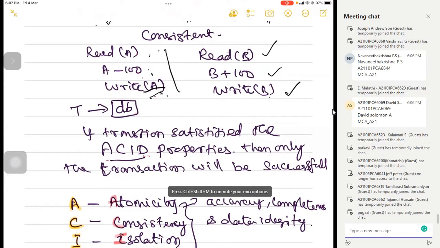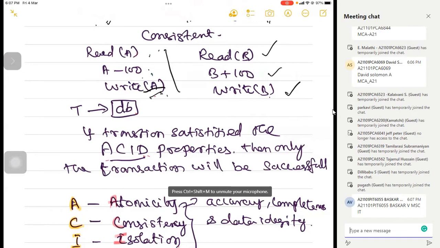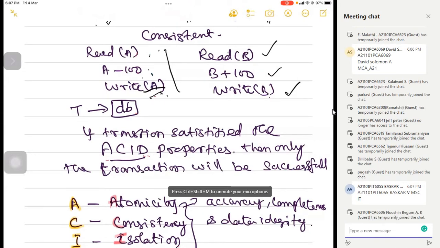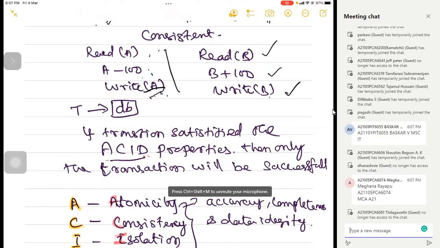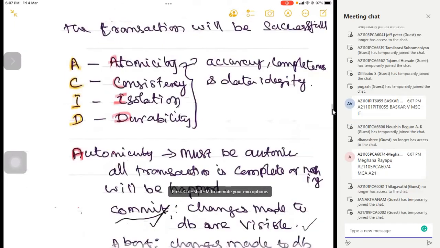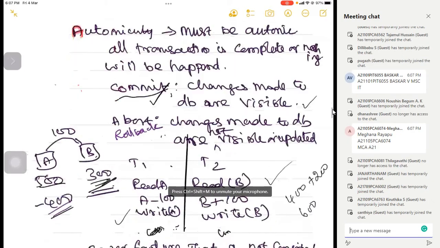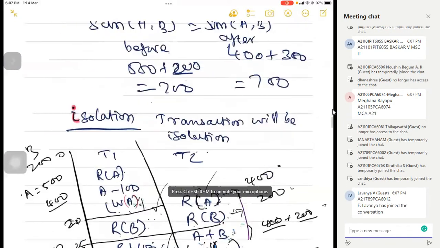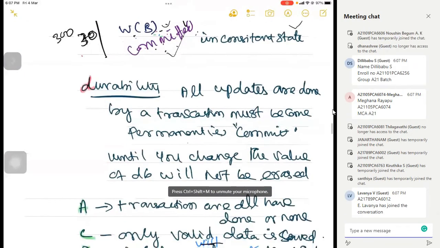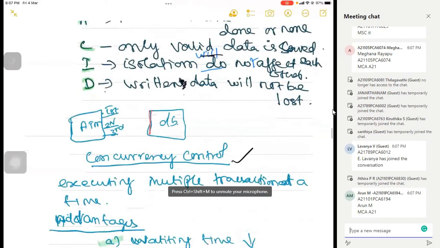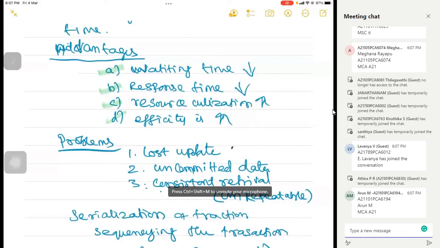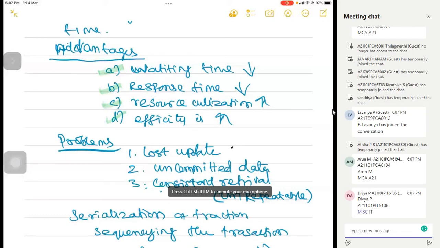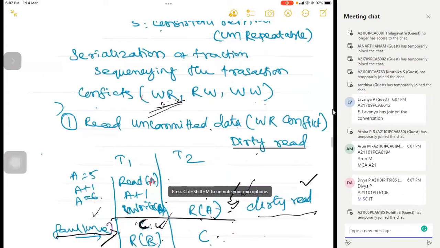And in transaction management, every transaction should satisfy the constraints of the ACID property. Then only it will be in a consistent state as well as a successfully completed state, that we have seen. From that ACID property, during the concurrency of transactions, how they will be